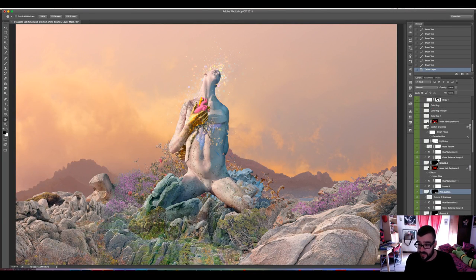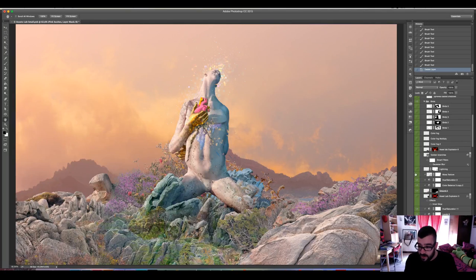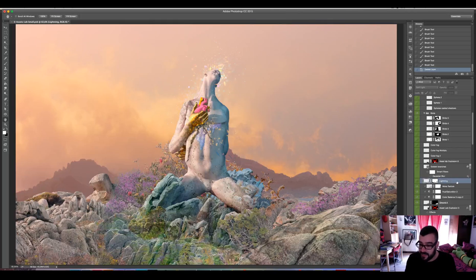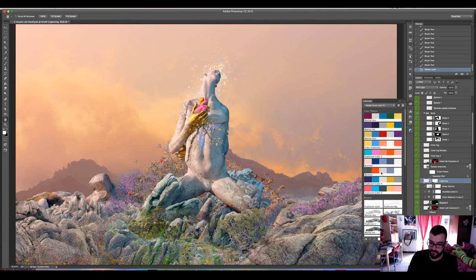It's exactly the same as I did in the background. Okay, and this is one of the most important layers in this composition, lighting. So you can see now it looks more integrated. Again, it was created with the burnout color theme, this tone for lighting, this tone for shadows.